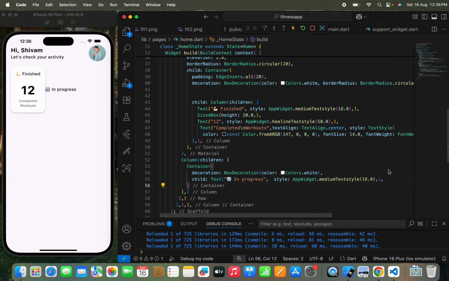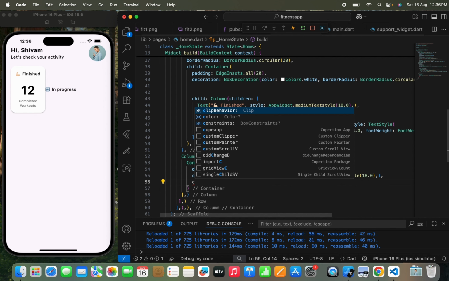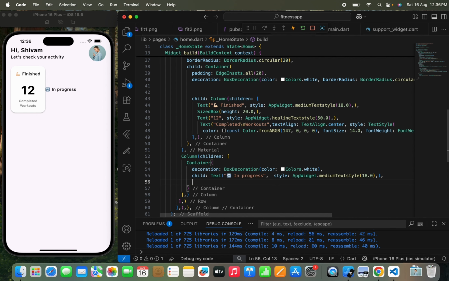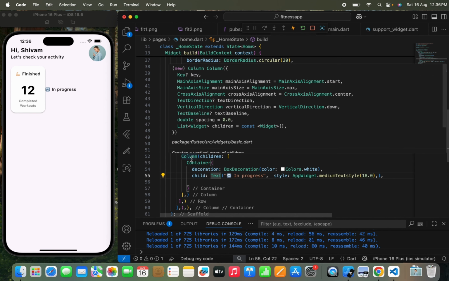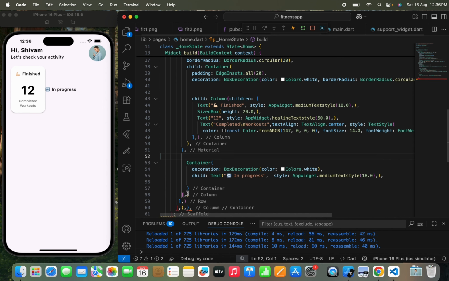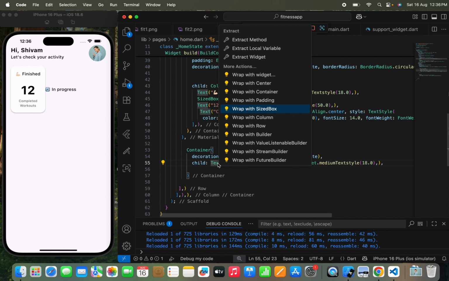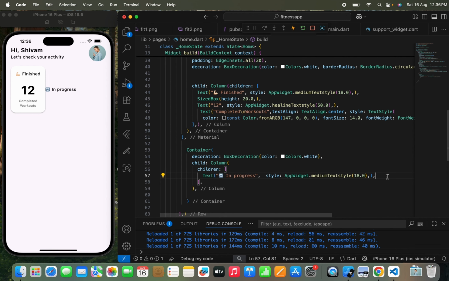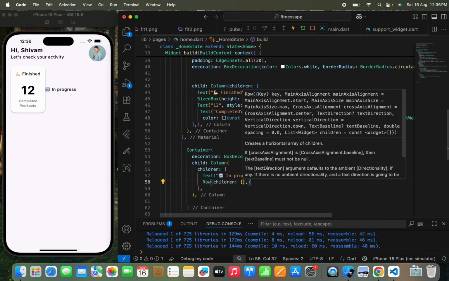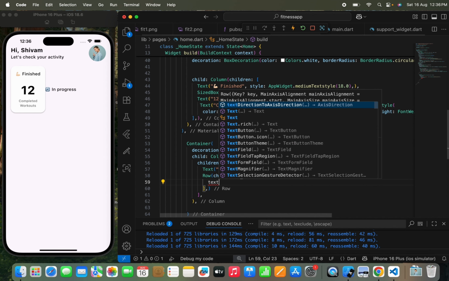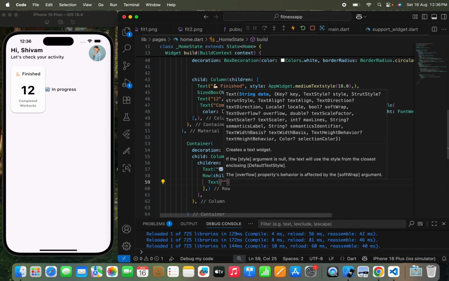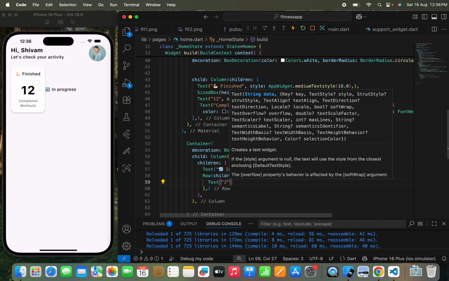Now once we have passed this, now here I need to just pass a, we have already passed a child. So here I need to just wrap up. I've just used the column which is outside this, but I don't need it over here, so I'll just remove it from here. Okay, something like this. Now here I just need to wrap up with a column widget, and in the column widget I'll just need to pass a row with children, and here I need to use a text widget, and in the text widget I'll just pass a random number for now, so I'll keep it 2, and